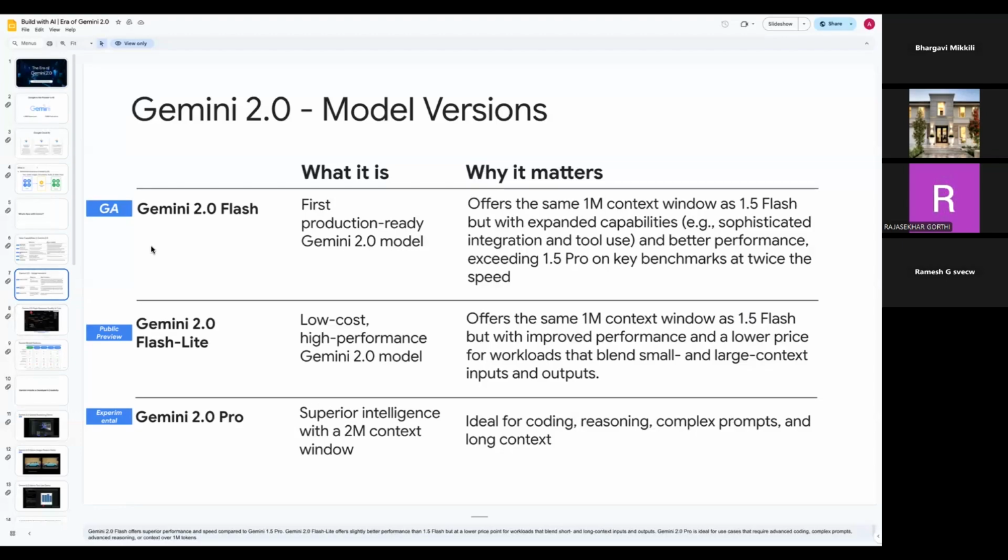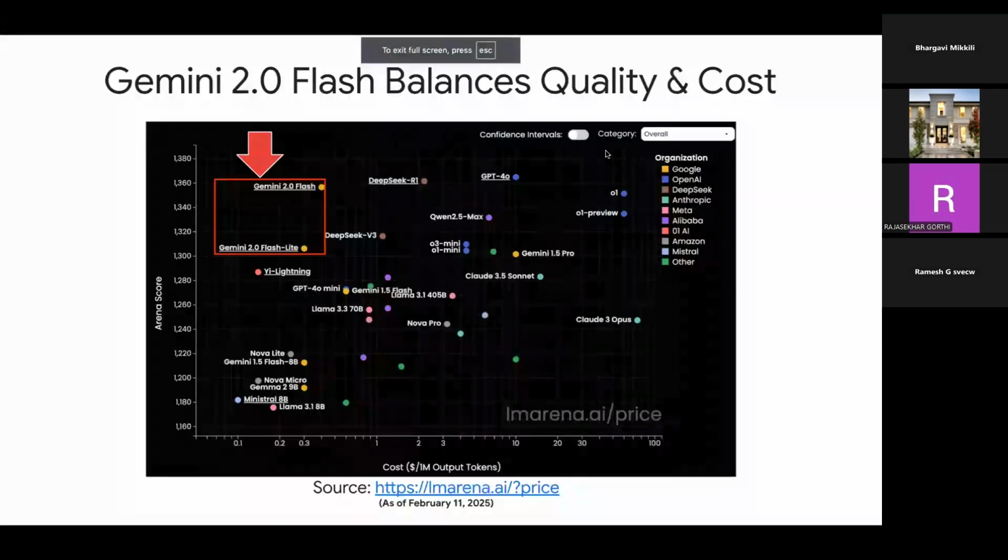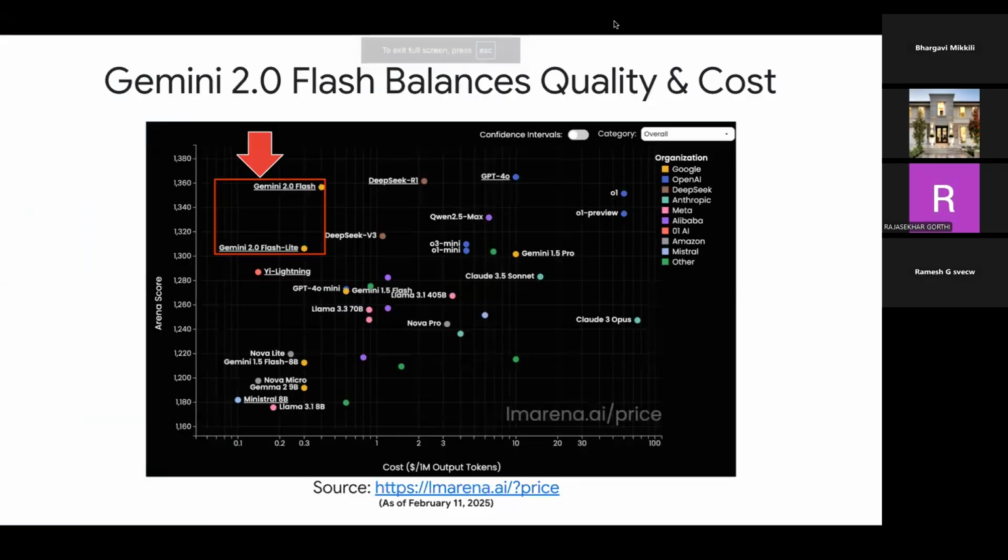Now we see a lot of other options that are also available in the market when it comes to access to LLMs in terms of their capability, in terms of the price point, as well as the efficiency and also accuracy of output. So we just did a quick survey of how this particular model stands out when compared to some of the other models that are available. And this is again coming from lmarena.ai,